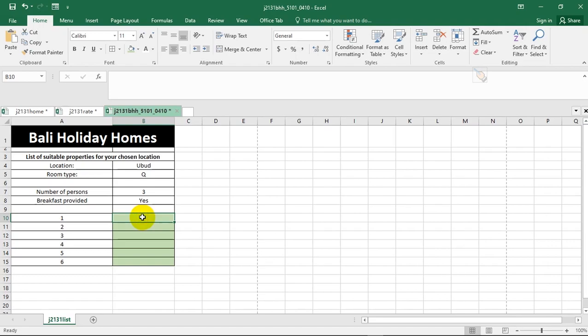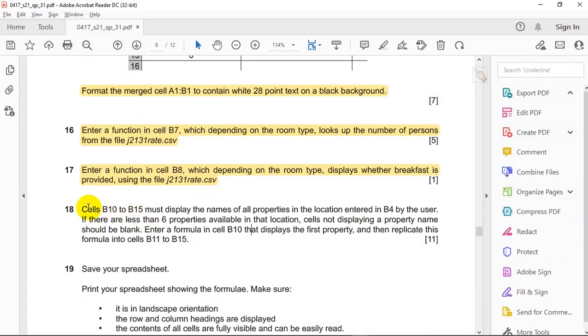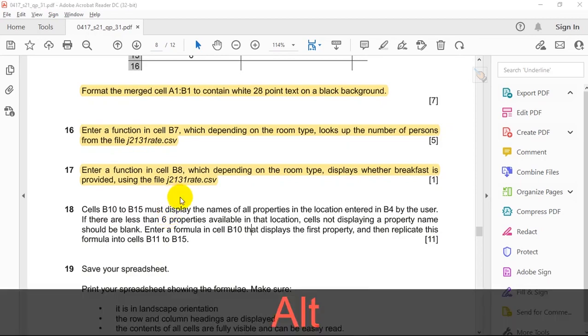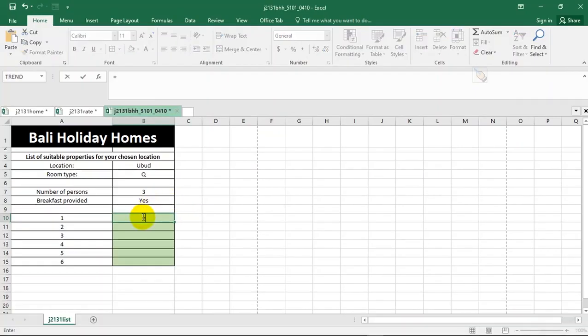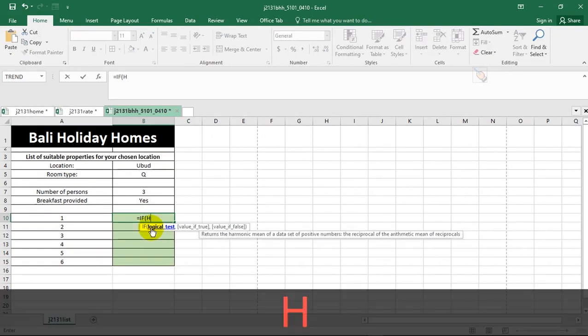Now let us go ahead to see how we can do this. So we'll start with an if statement: if there are less than 6 properties. The logical test will be an HLOOKUP if it is empty. So the value if true will output an empty cell or a blank. Then the value if false will output the property name. How about that? So equal to IF. IF checks whether a condition is met and returns one value if true and another value if false. So the logical test will be our HLOOKUP,